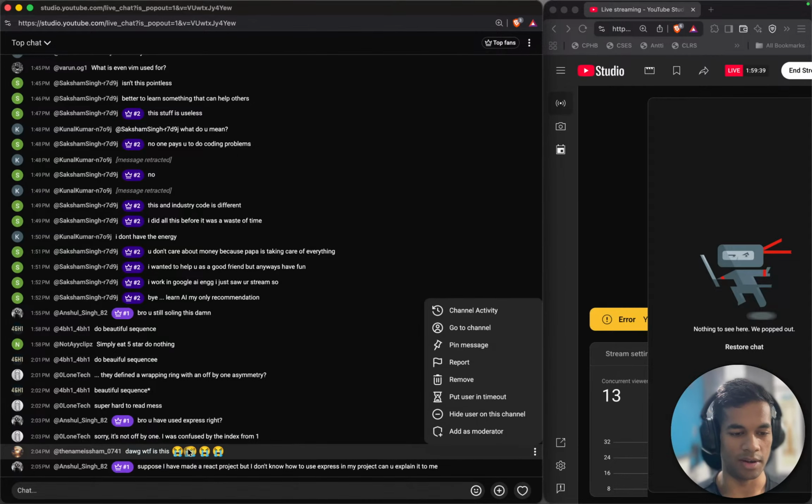Suppose I have made a React project, but I don't know how to use Express in my project. Can you explain it to me? Express is just used to make API endpoints, which you can call from your front end in React. And yeah, that is it. Express is used to make servers, and you can make endpoints which you can call from your React front end to get data or put something or anything. Whatever. So yeah, Express is just a backend library for